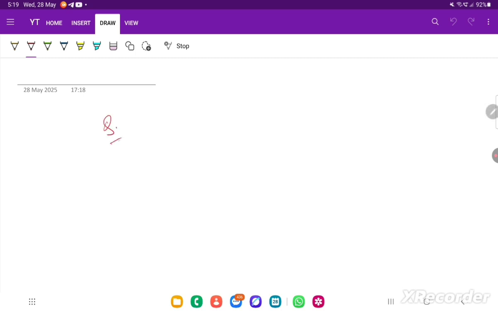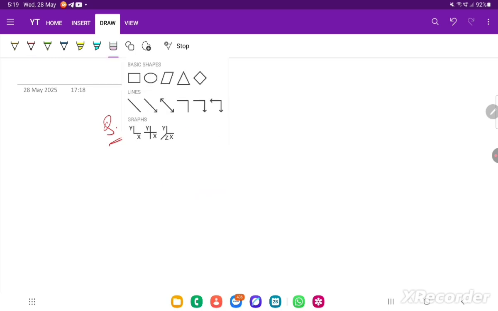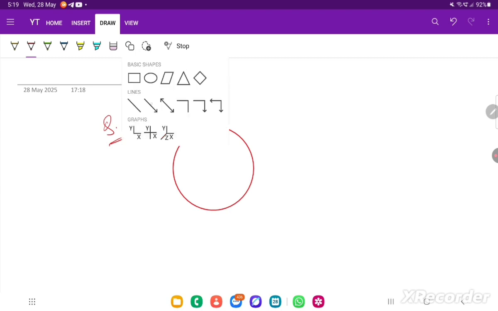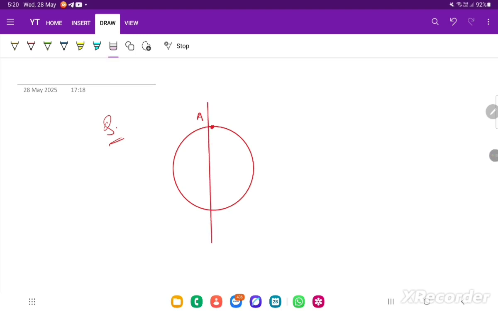Let me write the question. I'm asking a simple one, that let's say this is a circle, or let me draw it a bit more accurately. This one is a circle and this is the topmost point of the circle. Let's name it as A, and this is the vertical line. Yes, so this is the topmost point of the circle, and I'm drawing a chord which is passing through point A and